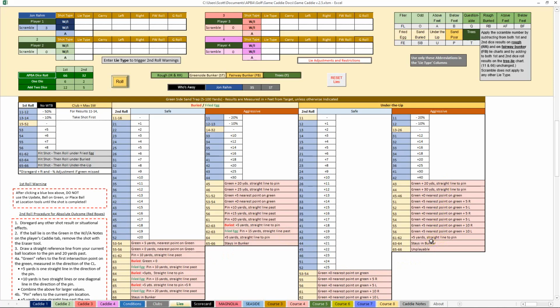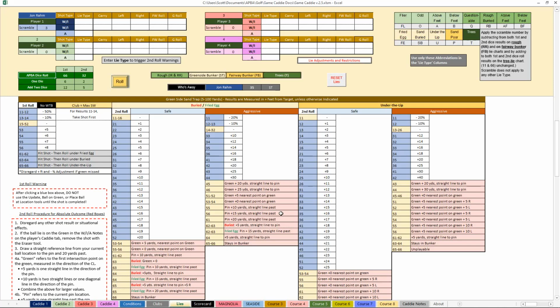And people often get confused about how to handle those, either in terms of the APBA Master Game rules or the Game Caddie itself. So I'm going to go ahead and take several shots from the greenside bunker,